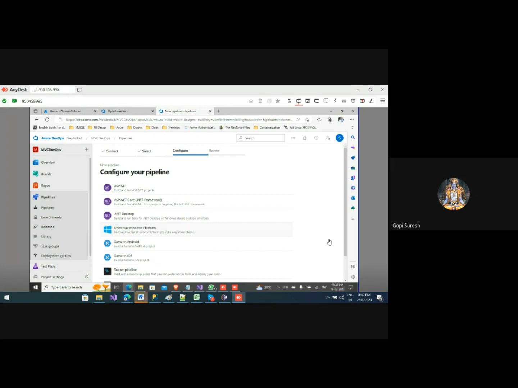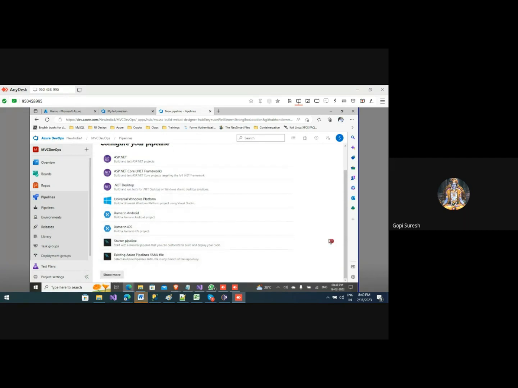So ideally it is saying that this is an ASP.NET application, so please use ASP.NET in your pipeline. This will take care of building all the ASP.NET applications. Now my code is in Azure Repos, so what I can do is select ASP.NET Core. So the .NET Core compiler and everything will be set up from the Azure pipeline itself. Make sense? Yes or no, guys? Yes.